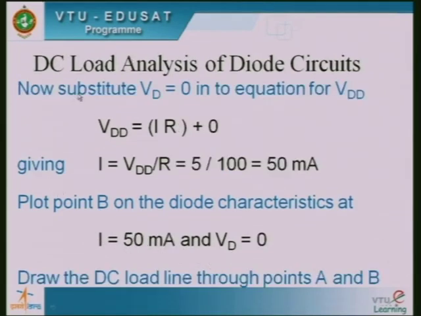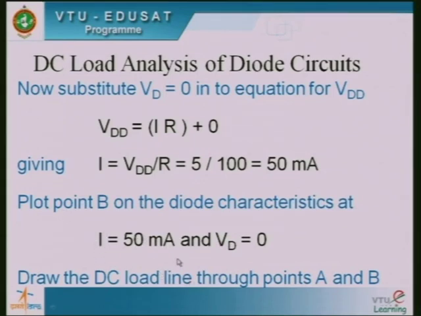Similarly, in the second step, you need to substitute VD equal to 0 in the equation for VDD. Therefore VDD will be equal to I into R plus 0, and from this you can derive I equal to VDD divided by R. The VDD value is 5, divided by 100, which corresponds to 50 milliampere. So you have to plot point B on the diode characteristics at I equal to 50 milliampere and VD equal to 0. Then using these 2 points, point A and point B, you can draw the straight line